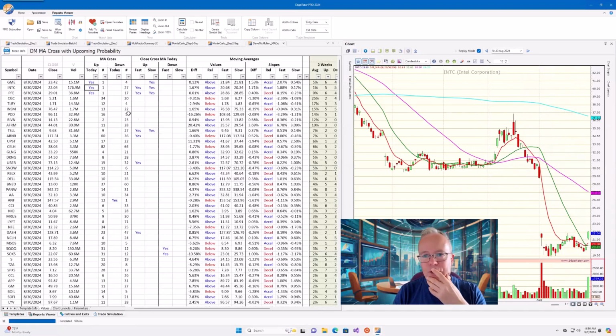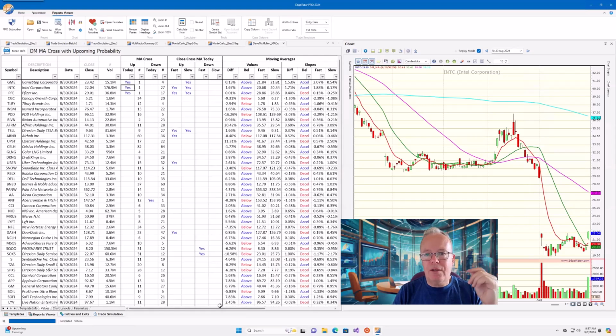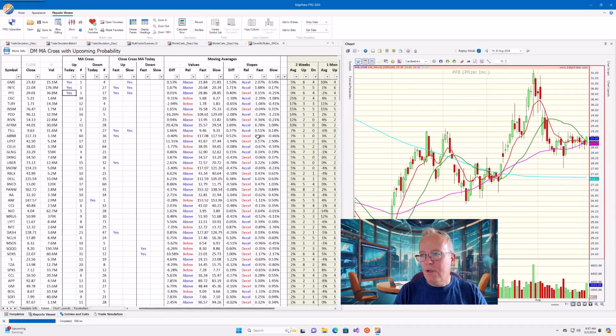That did have the moving average cross. The seasonality is not great for the next 2 weeks. It's just average. But it has the moving average cross. So that could be a reason to pay attention to Intel. And then the other one is Pfizer, has the moving average cross, and its seasonality is not great there. But still, this is a great template for finding things. It's another way of looking at it. Rather than looking at seasonality first, you can look at moving average crosses first, and then scroll over to look at the seasonality.